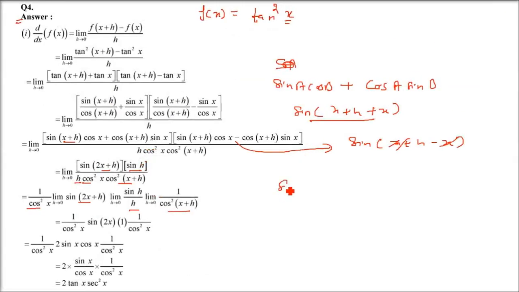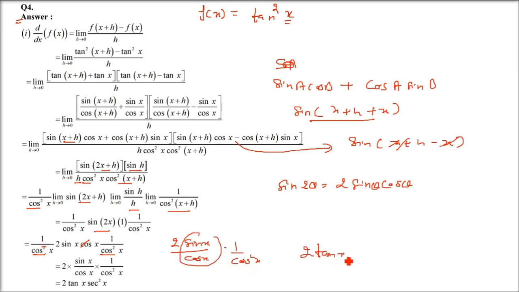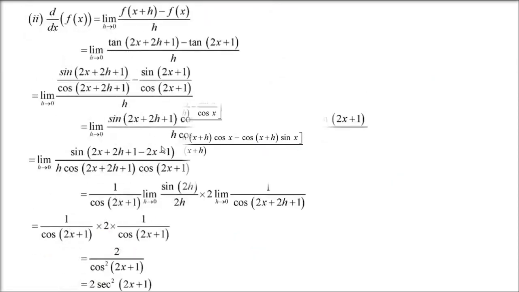Now sin 2x can be written as 2 sin x cos x. Sin 2θ is 2 sin θ cos θ. So same thing we are going to write here, 2 sin x cos x. Now 1 cos you can cancel. So 2 sin x will be in the numerator, and we have cos x cos²x. You can put 1 cos with this sin, and 1 by cos²x separately. So this is tan x, 2 tan x, and 1 by cos²x goes up, so it will be sec²x. So 2 tan x sec²x will be the final answer.